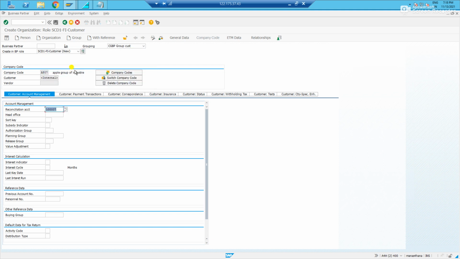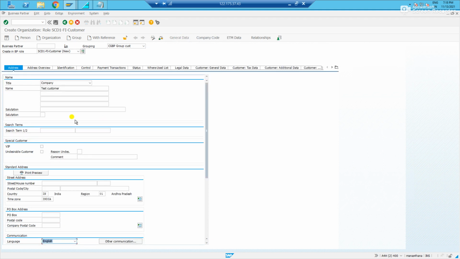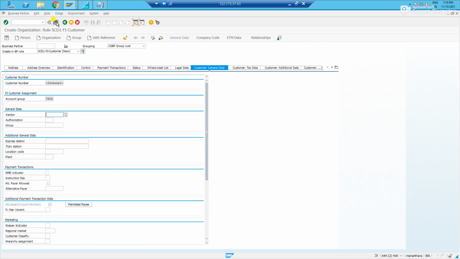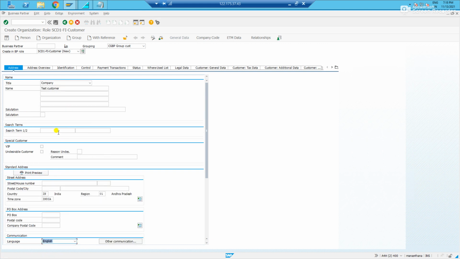Customer domestic, I'm thinking this is domestic. Done. Come to the general data. Let us try to save it. Okay, it is saying a search term is mandatory. Let us put that. Test customer. Let us save this.